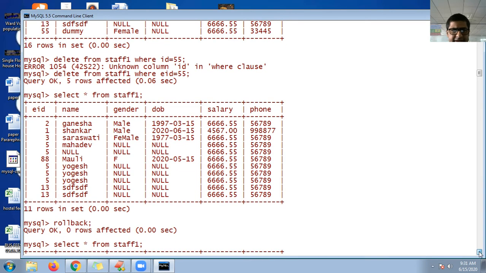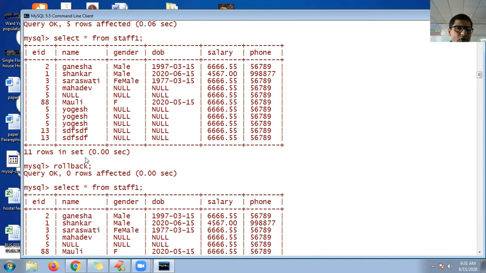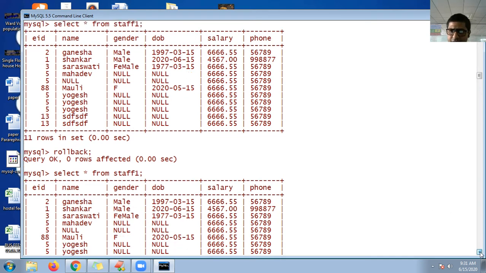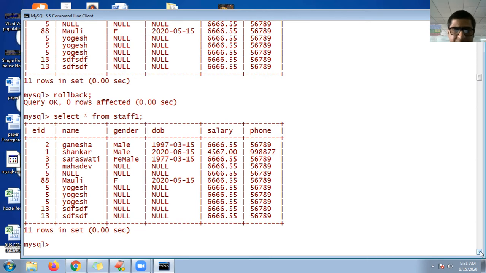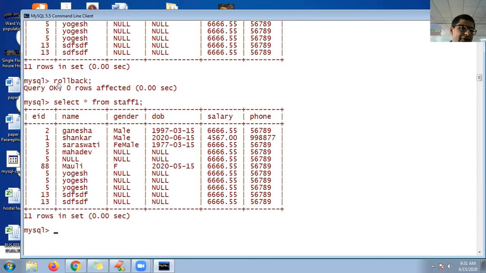After showing the records, I try to roll back. But as I said to you, the delete command deletes all the records permanently. Even though I try to roll back, meaning undo the already deleted task, it is not rolling back. It is not doing undo.